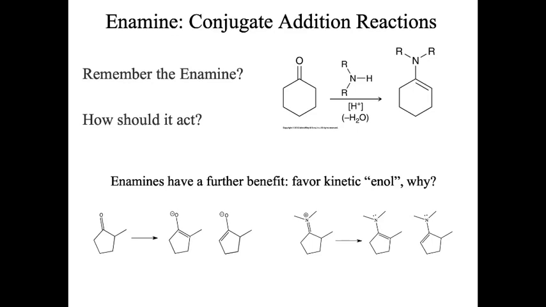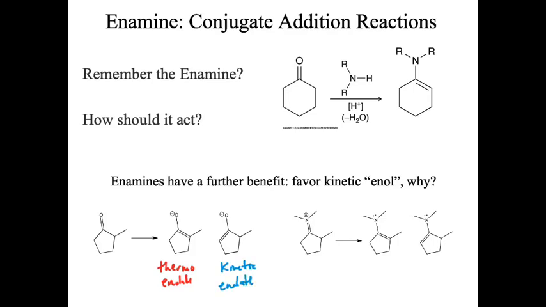There's 2 potential alpha hydrogens. One of them would result in a more substituted pi bond, which would be known as the thermodynamic enolate. The other one would be the kinetic